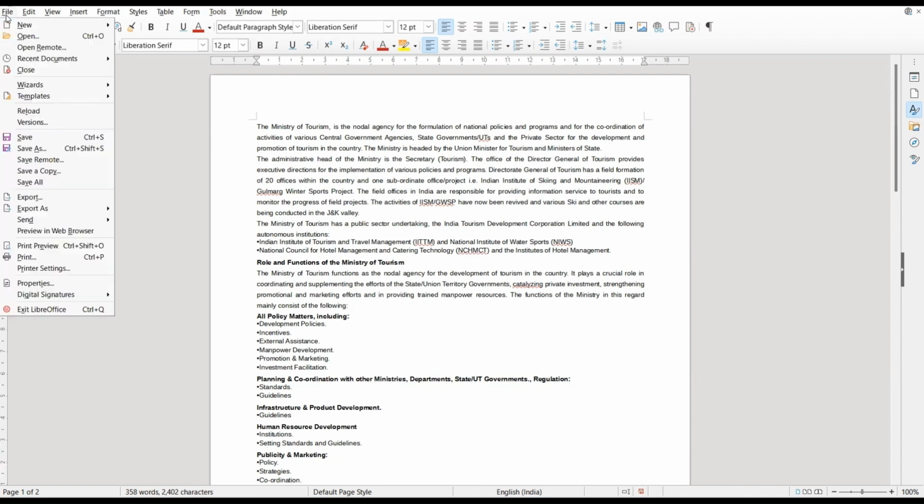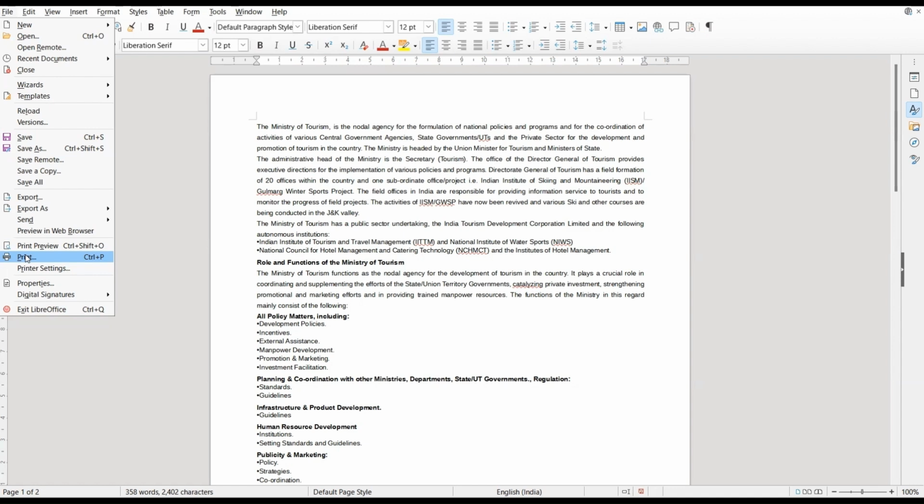You have to go to File. In this you can find different options for print. You can find one option, that is the print. And what is the keyboard shortcut for print a document? That is Control plus P. You can find another option, that is the print preview. So what is the keyboard shortcut for this one? The keyboard shortcut is Control plus Shift plus O. So you need to understand Control plus P is the keyboard shortcut to print a document, and Control plus Shift plus O is the keyboard shortcut to get the preview of your print.